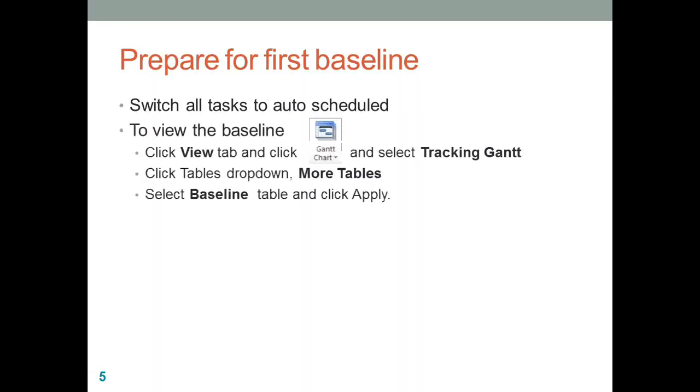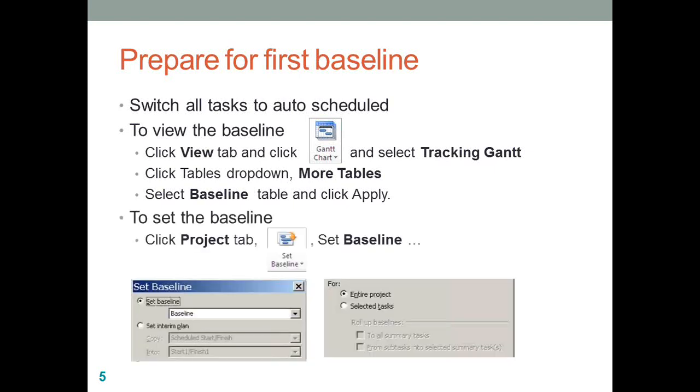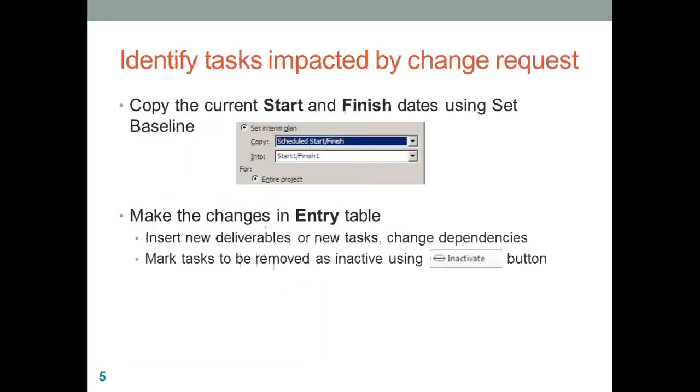The first step is, in order to do a first baseline, make sure that you switch all your tasks to auto scheduled, and to view the baselining, make sure that you change your tables to the baseline table. To do your first baseline, go to the project tab, choose the set baseline option, and as you know, there are 11 baselines in MS Project, but the active baseline is baseline, and baseline 1 to baseline 10